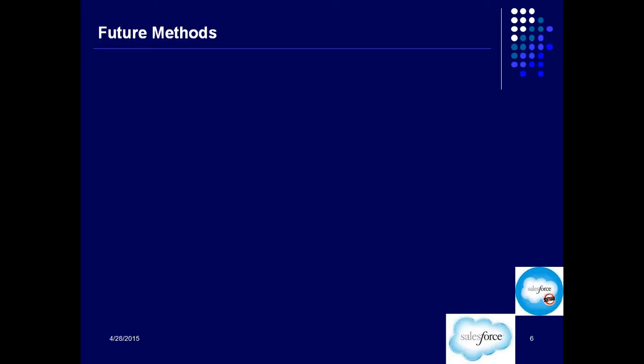Usually all these methods, when they are called, instantly get executed. But a future method is something which will run in future. Now you might be having a question: why will it run in future, and when will it run in future? Future can be 2 days from now, 10 days from now. When will it run in future? And why do we want a method to run in future? Let's read a little about this, and I think your doubts will get clear.